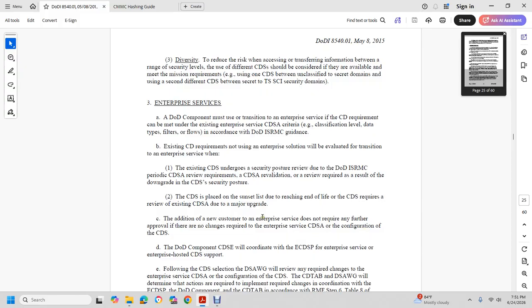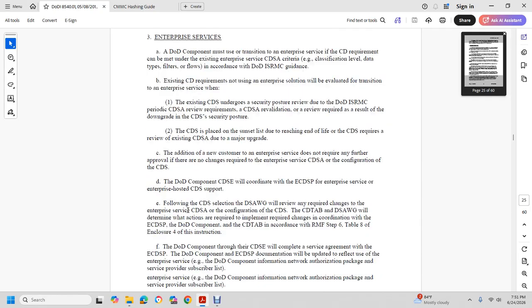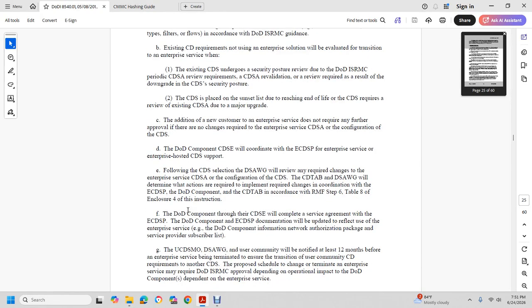Adding a new customer to the enterprise service does not require any further approval. There are no changes required with the enterprise cross-domain solution and a configuration cross-domain solution. The DoD cross-domain solution will coordinate an enterprise cross-domain solution plan, provider enterprise services, enterprise hosted cross-domain support. Following cross-domain solutions, the Deputy Department Security Accreditation Working Group will review required changes to the enterprise cross-domain